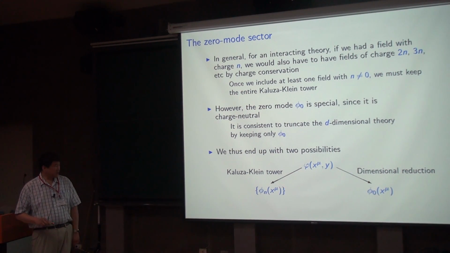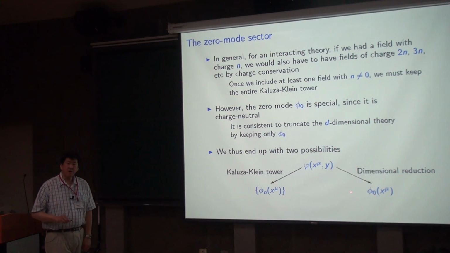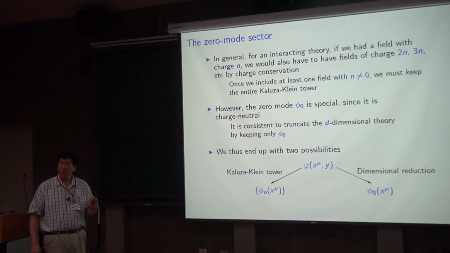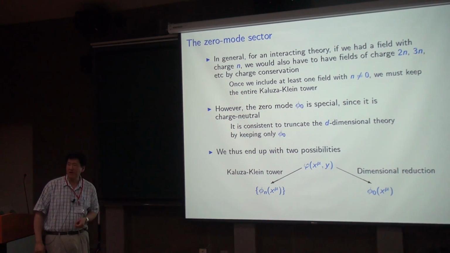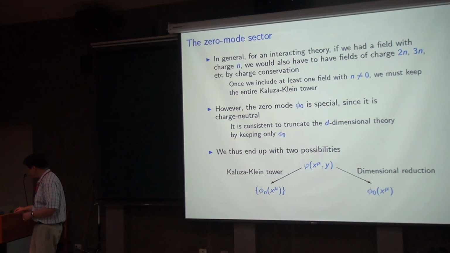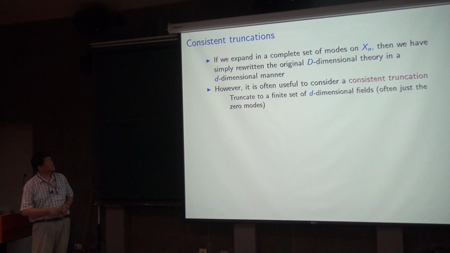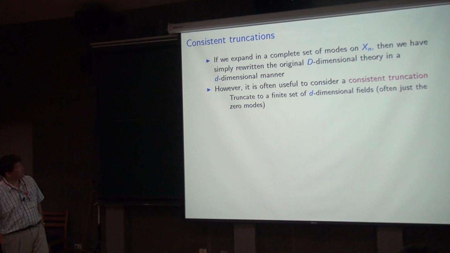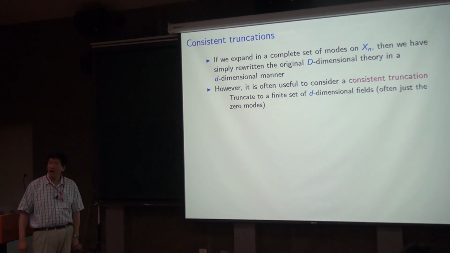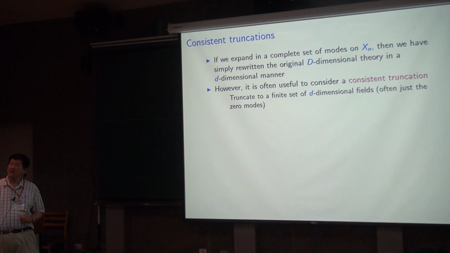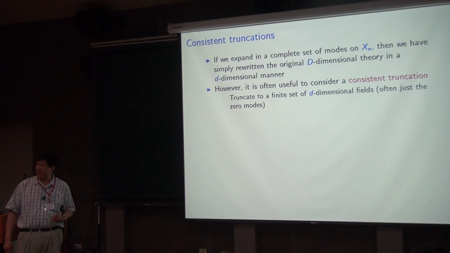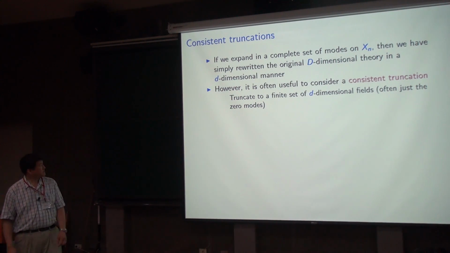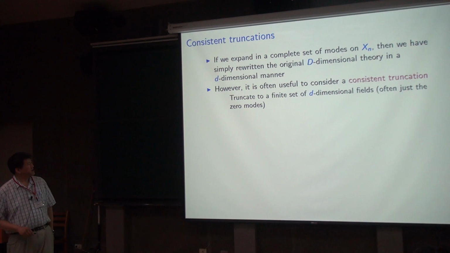I gave you two possibilities, because it wouldn't be consistent to keep the zero mode plus one or two charge modes without keeping the entire tower. Once you bring in one state in the Kaluza-Klein tower, you basically bring in the whole spectrum. Otherwise, it wouldn't be consistent. So I can make that a little bit more formal, not too formal, by talking about this idea of a consistent truncation. Why is it consistent to truncate your theory to keep only a subset of states in your whole Kaluza-Klein tower? And the idea here is that if I